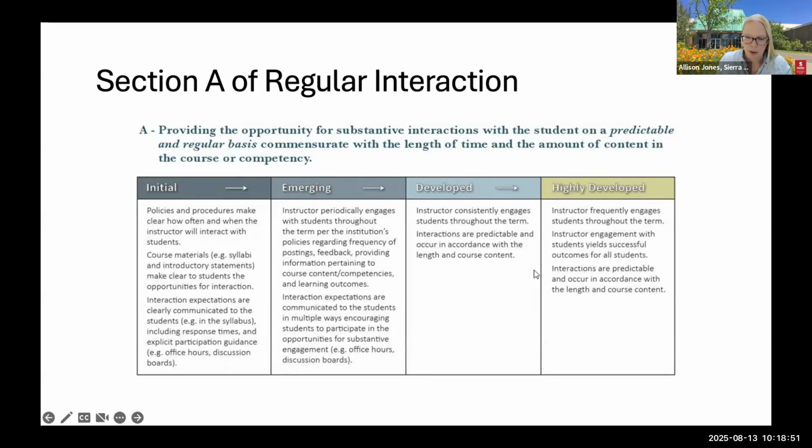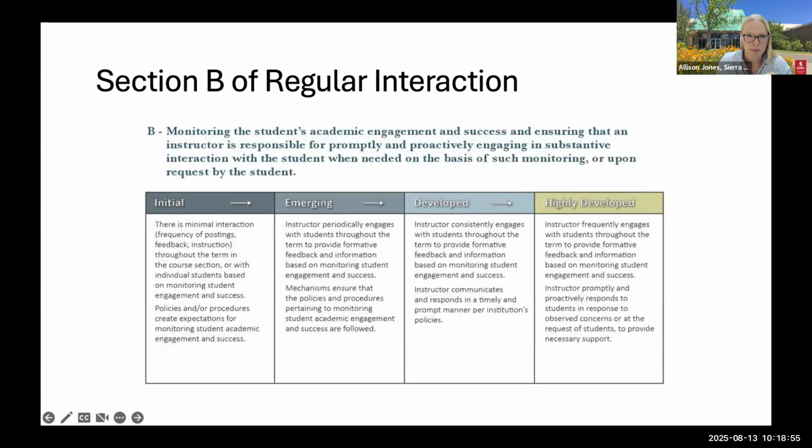In addition to office hours and if you'll be interacting in discussion boards and that sort of thing. Section B is that monitoring piece, so monitoring the student's academic engagement and success and ensuring that the instructor is responsible for promptly and proactively engaging in substantive interaction with the student when needed on a basis of such monitoring or upon request by the student. Okay, so